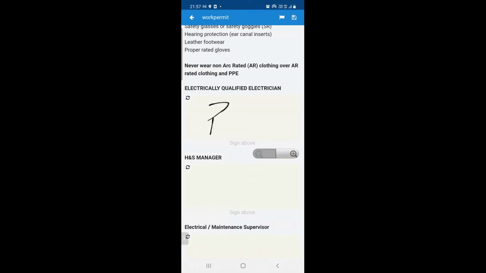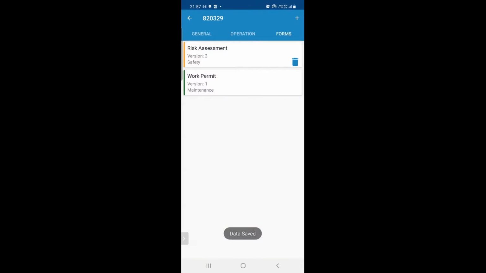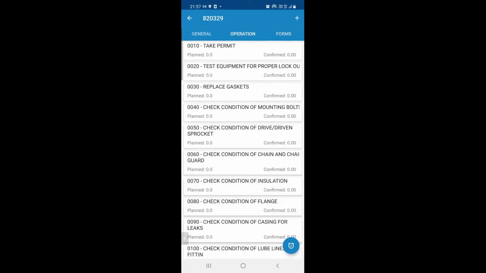So I'm just going to sign here and capture the signature on the form itself. And you could have multiple people who sign this. Then I'm just going to save this. And then I can say that I completed this work permit. So once this work permit has been completed, then the user can go ahead and work on the particular